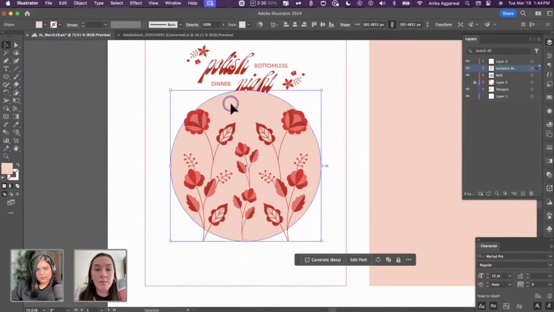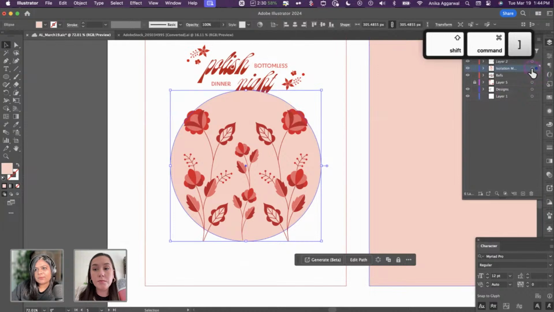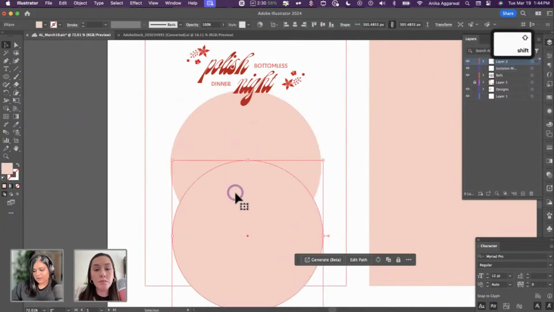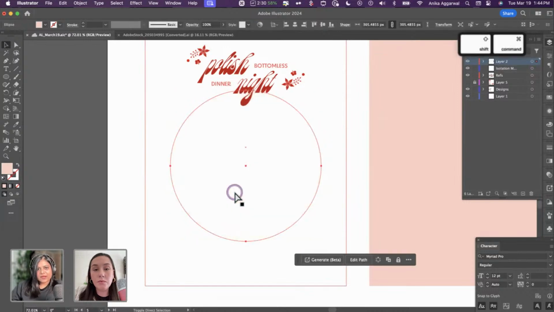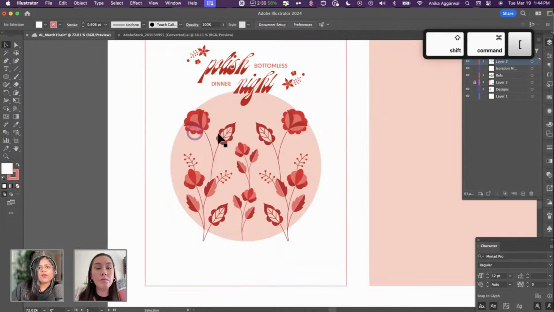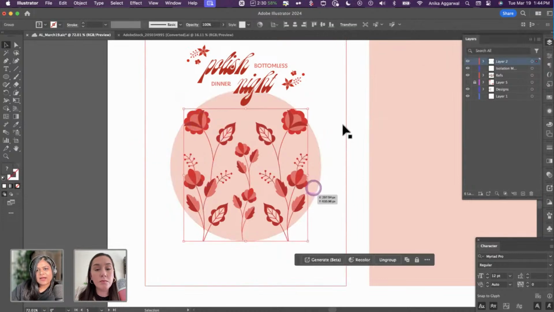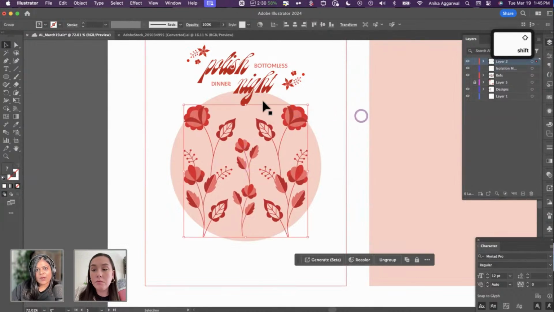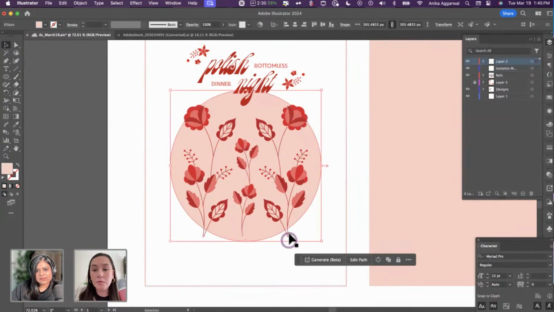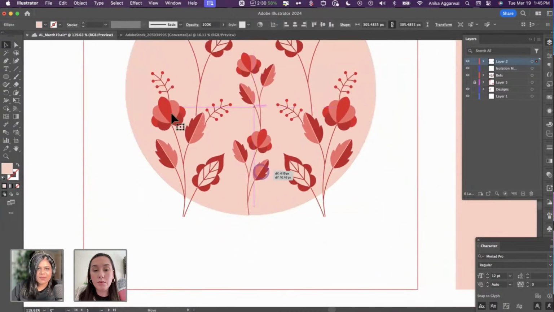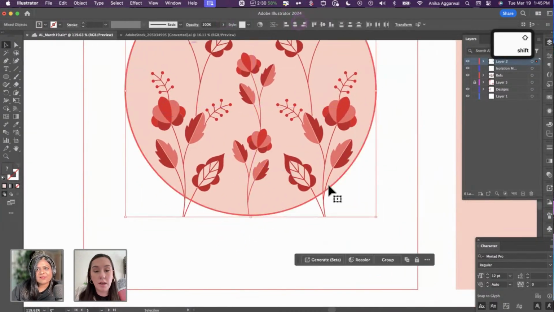All right, I think I'm going to bring it up. And I actually want to bring everything out of this isolation mode just so that we have stuff here. So I am going to send it to back again. I feel like the illustration got lost here. Yeah, here we go. What I'm trying to do now is, I kind of like how this is coming out the sides over here, but what I really want to do is cut some of these lines just because I want to personalize it. I want it to look like I made it, you know? Just for that personal touch. Hold on one second.